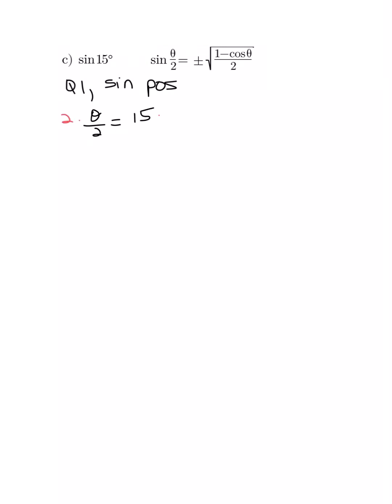Multiply both sides by 2, and we get theta equals 30. That's a nice easy number, and you may well have been able to do that in your head, but that's always the process that you're going to use when you want to find what angle measure you should use in the formula. So now what we are finding is that the sine of 15 equals, and since it's positive, we use the positive version,